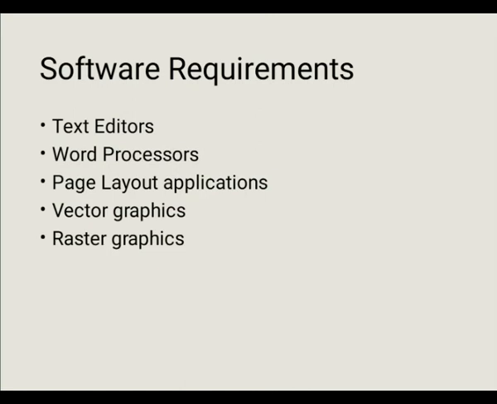If there are R rows and C columns, the image is referred to as an R by C image. If the image is to have a certain physical size, the size combined with the number of pixels gives you the number of dots per inch of the image, which is the measure of its resolution. So these are the software requirements of desktop publishing.